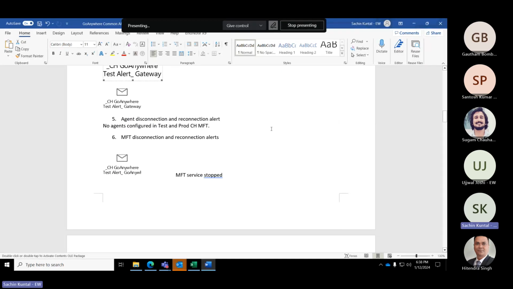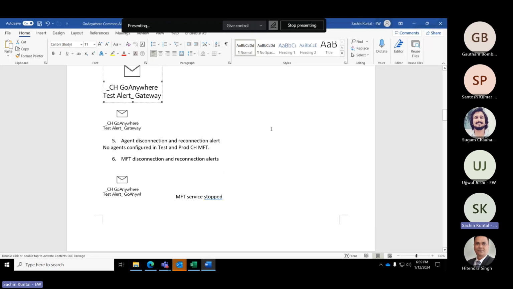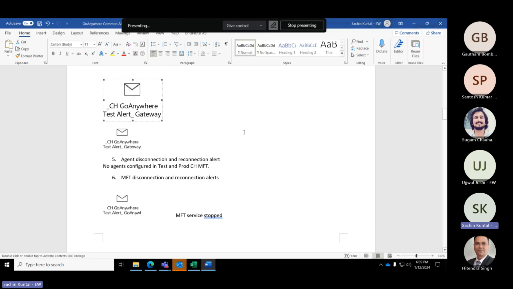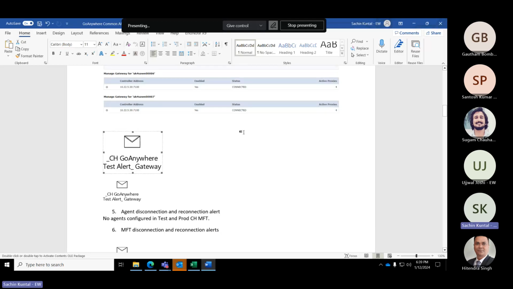Normally, as a first step of resolving this, we just restart the service. In 95% of the cases, from what we have seen so far, that resolves it, because it is just a network issue, and if we restart the service, that connects the server back.